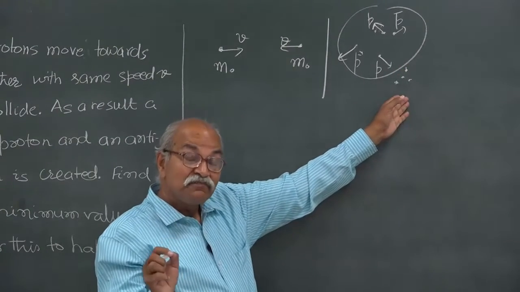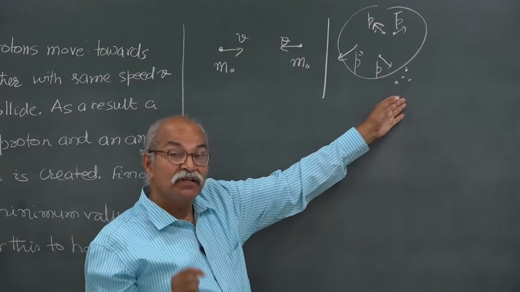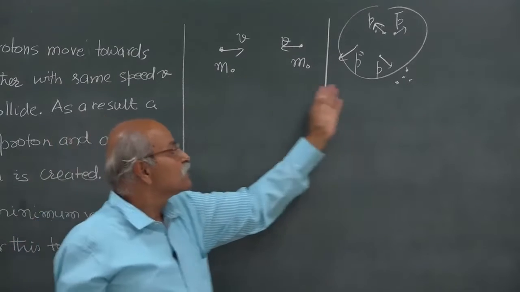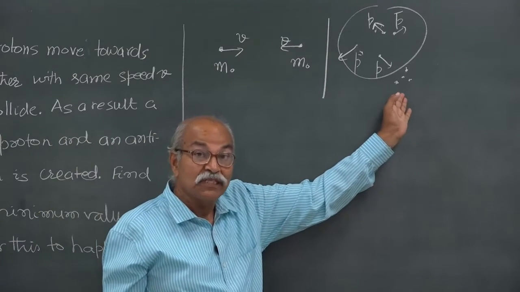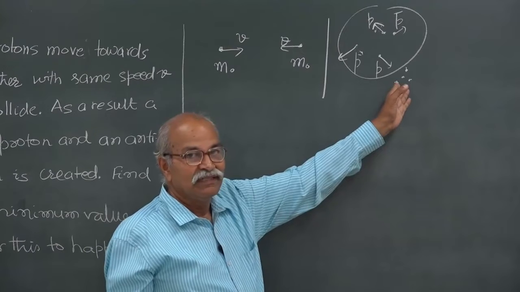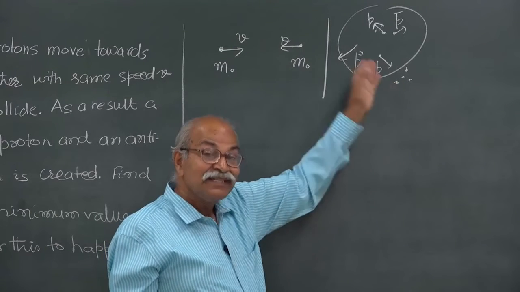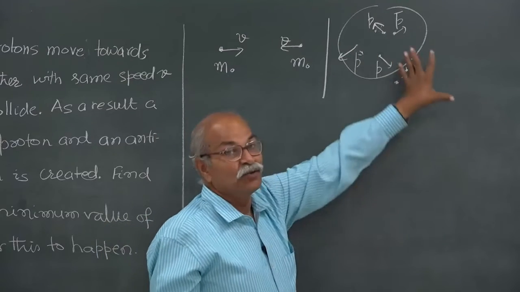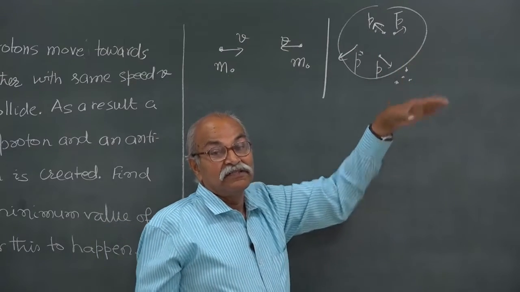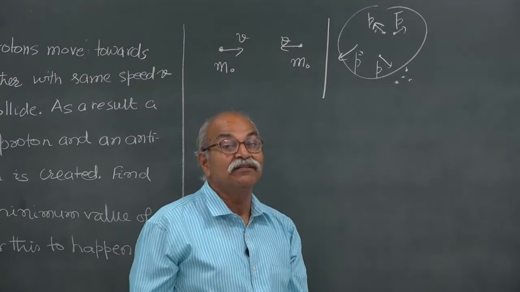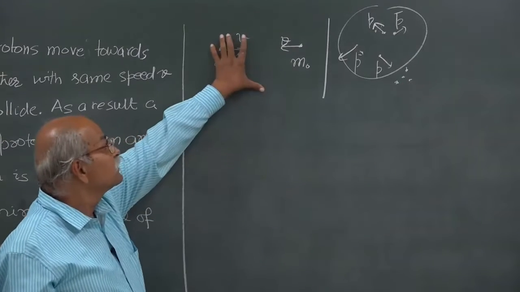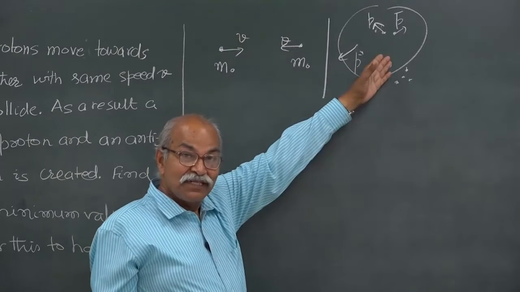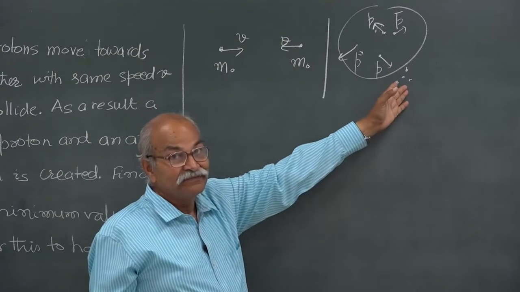So, this configuration is just some p and p bar all at rest. This is possible because it follows the principle of linear momentum conservation. The linear momentum is 0 here, and here also the linear momentum is 0. So, this is possible, and if this is possible, then this will correspond to the minimum value of V, because we are not creating any more kinetic energy here. The energy which is available to create this new mass is this kinetic energy minus this kinetic energy. So, in order to reduce that, I should reduce this, and we can reduce it up to 0.